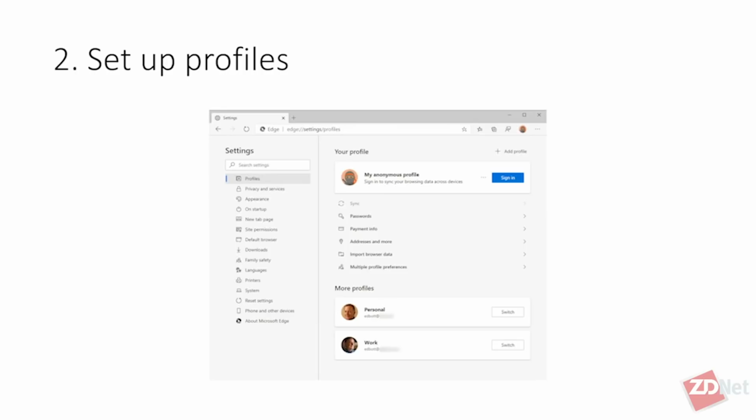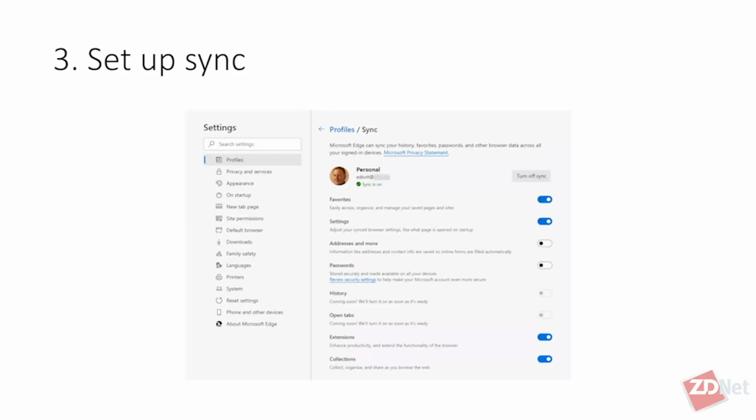And what I've done in this screenshot here is create an anonymous profile that's not signed into any Microsoft account. I've also configured it so that each time I sign out of that profile, it deletes my browser history, my cookies, and my cache. So if you want to do some anonymous browsing and not have any traces left on your machine, you can do that with an extra profile, or you can just use the standard personal and work profiles. Step number 3 is to set up